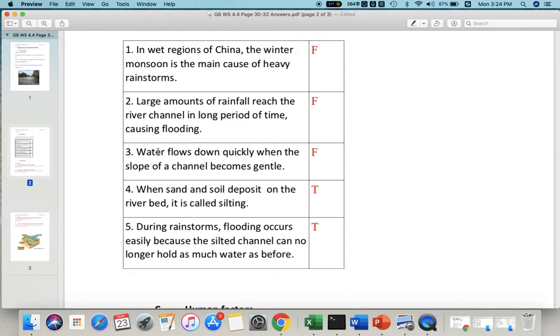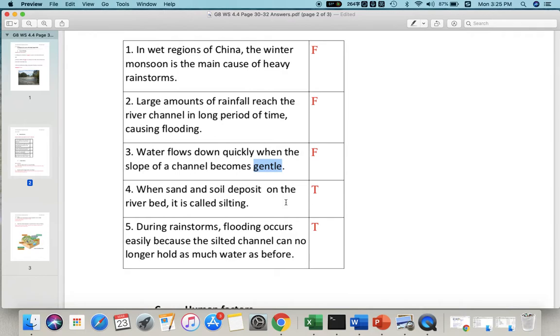And for number 3, water flows down quickly when the slope of the gradient becomes gentle. Why is it wrong? You can refer to page 30, part B, relief. Okay, it tells you that if the slope is gentle, the water flow will slow down. So here it's wrong, because if the channel slope is gentle, the water flow should be slowed down but not flow down quickly. Or if it flows down quickly, the slope should be steep. So this is false. 因為喺斜，你諗下斜面咧越斜咧，啲水就會越快跌落去啦。咁但係越平嘅時候咧，個地心吸力都冇咁強嘅，咁所以咧就會唔會咁容易碌落去個山啦。即係個地心吸力唔會將佢喺個斜坡度拉落山咯，可能就會拉落去啲 soil 度下滲啦。